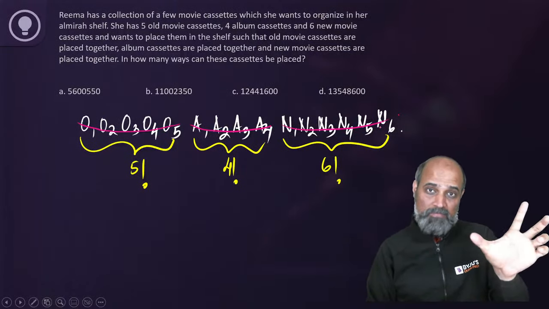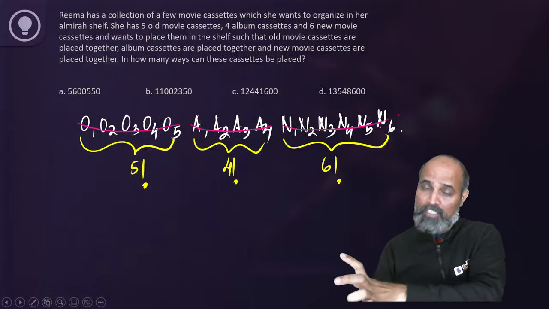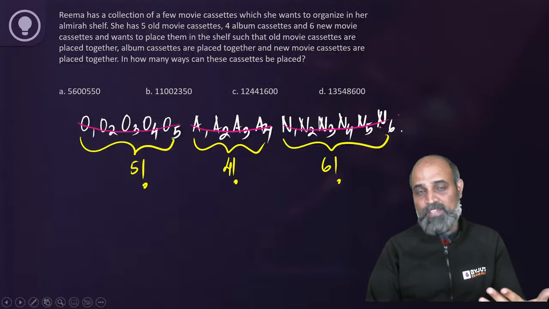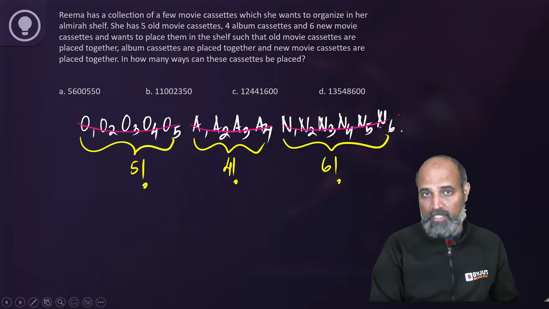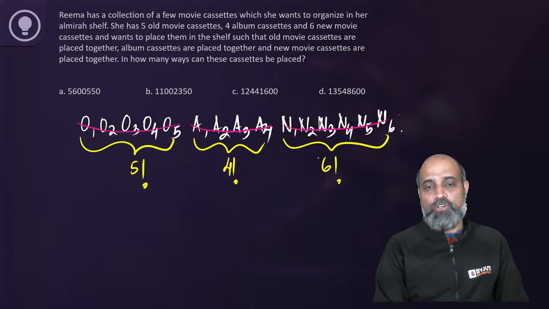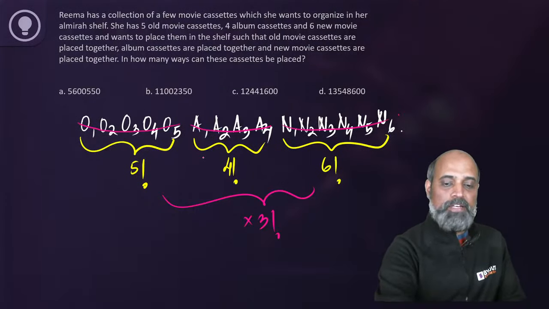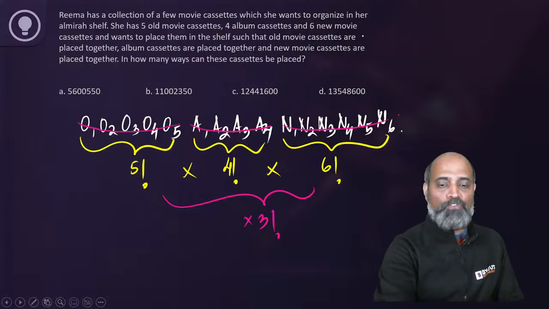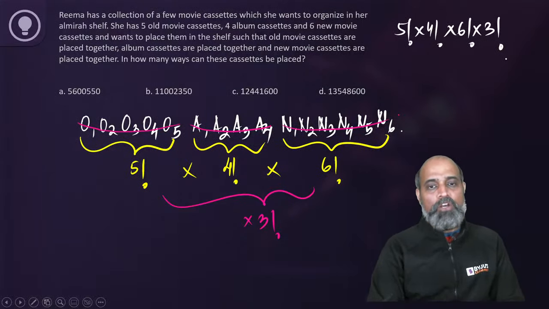One is old movie का एक bunch, another is albums का bunch, and you have got new movies का bunch. Now these 3, whenever you will arrange them, they will always end up in a scenario where all the old movie cassettes are together only, right? So इसके बाद इसका into 3 factorial, as in they can be arranged in those many ways. So my answer is going to be 5 factorial into 4 factorial into 6 factorial into 3 factorial. Looking at the options,